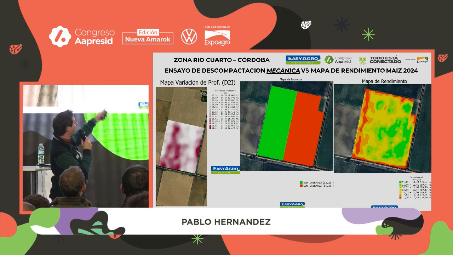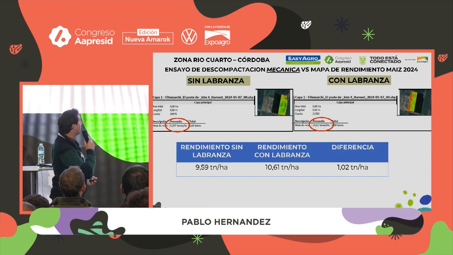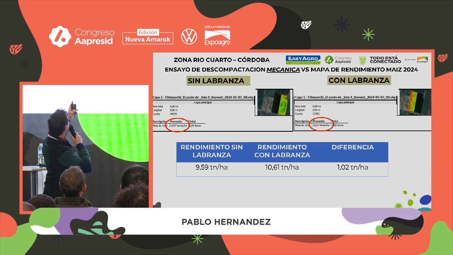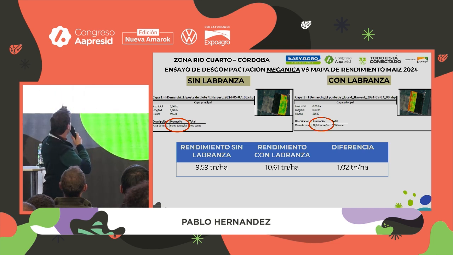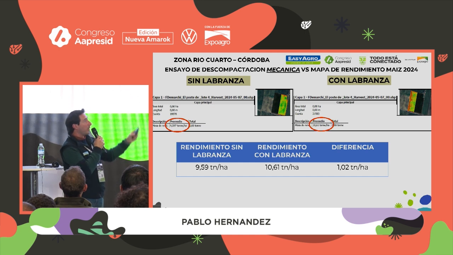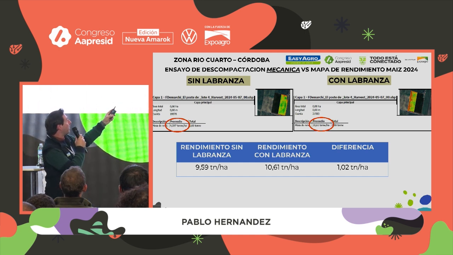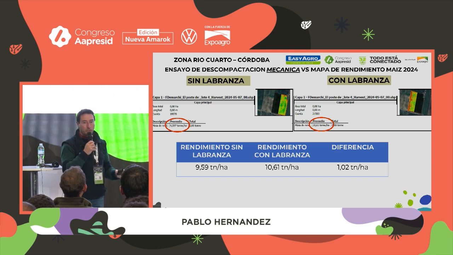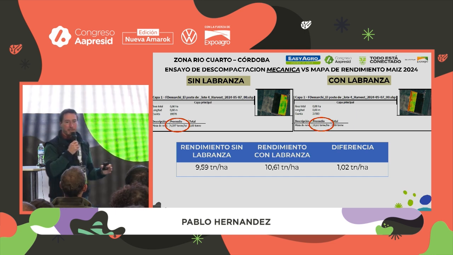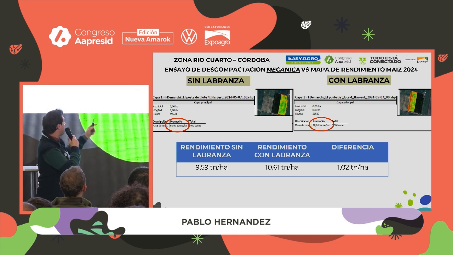And we evaluated the result, or the yield, comparing the area with tillage and without tillage. With no tillage, the result was 10,000 kilos, and